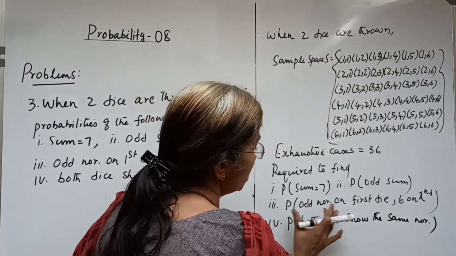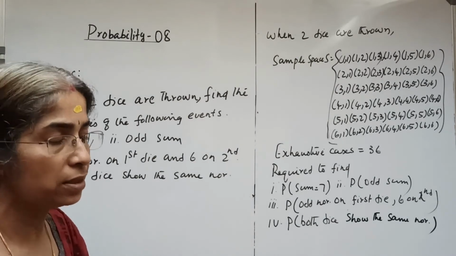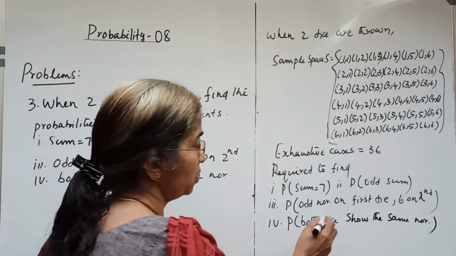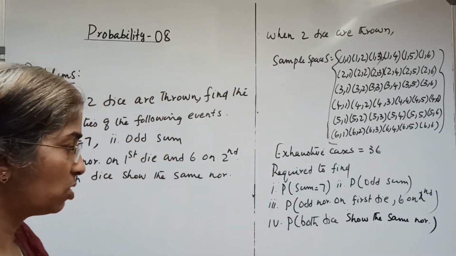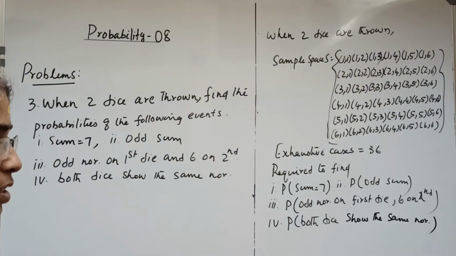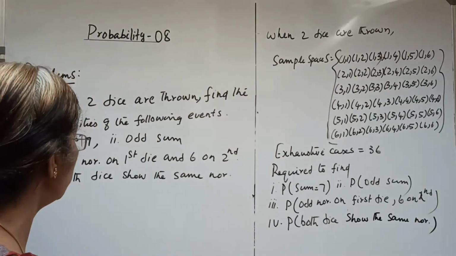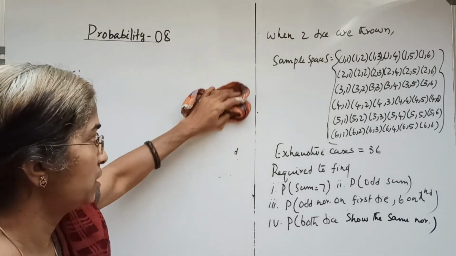Now we consider certain events. A few examples are considered here, so that we require these probabilities: the sum equal to 7, odd sum, odd number on the first die, 6 on the second, both the dice show the same number. We are doing simple problems, some examples. Okay,